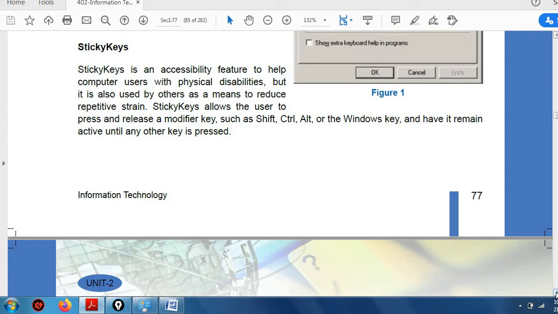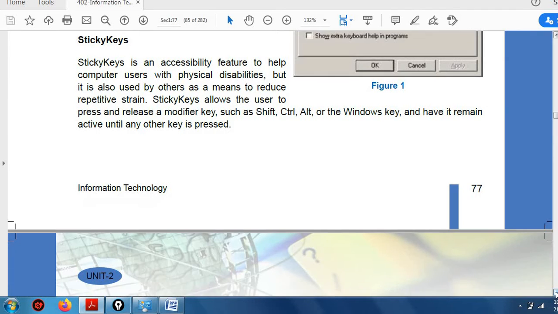In parallel with the Control key, you press A also. But by activating sticky keys, you can press them separately. It is not necessary to press Control and A together. First you can press the Control key, and after that separately you can press A. It will be considered Control plus A. Okay.